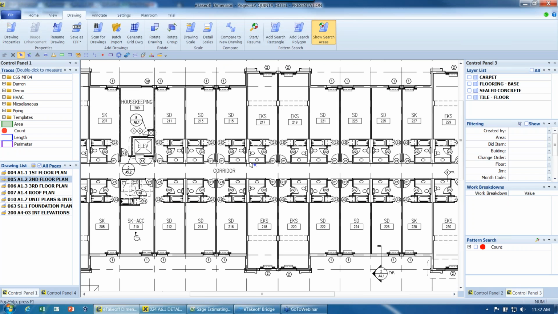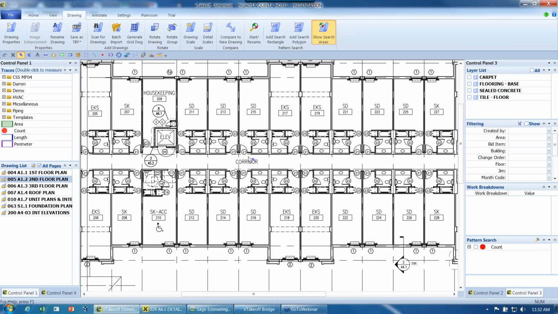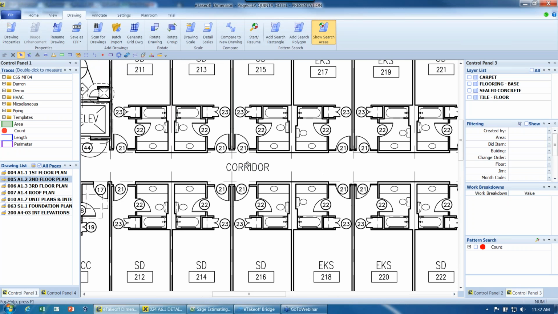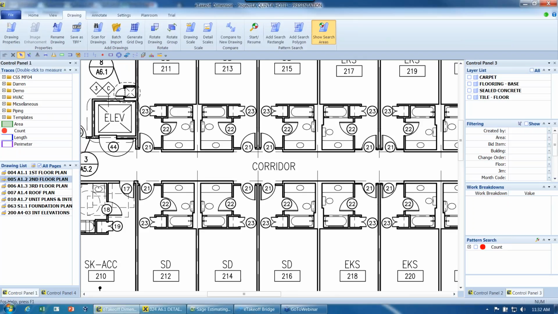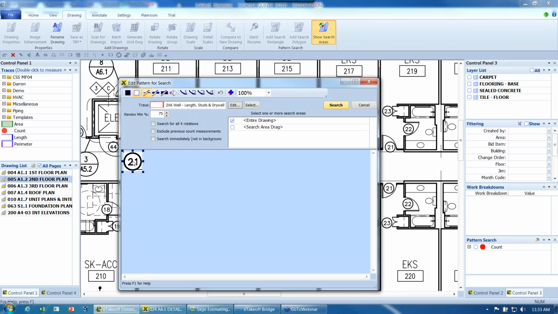Last, what I want to end off with is doing counts. A lot of people, of course, get into these plans and they have to find objects. In this case, we're looking at a door schedule. All of these doors, we want to find them very quickly rather than manually counting, which we can do, of course. But in this situation, I'll say, hey, let's go out and find all of these 21s. All I have to do is encircle that,